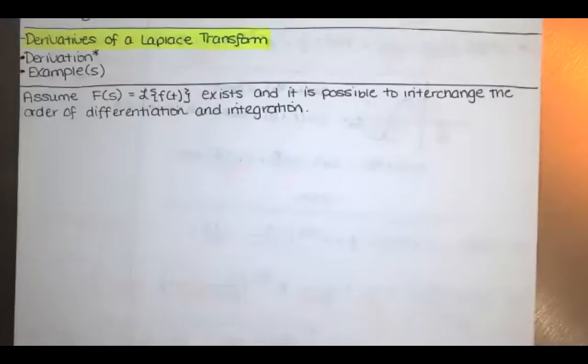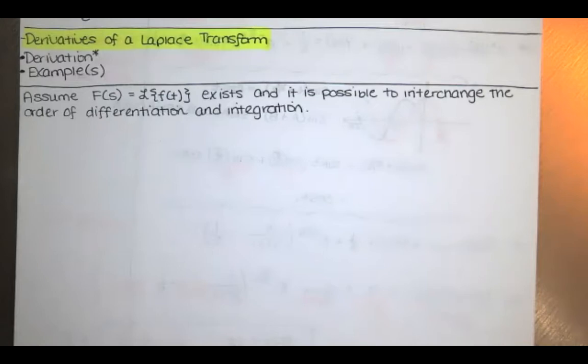In this video, we discuss derivatives of a Laplace transform. We've already discussed how to take the Laplace transform of a derivative. Now we're kind of doing that in reverse. We are going to derive this result in the case when F(s), the Laplace transform of f(t),